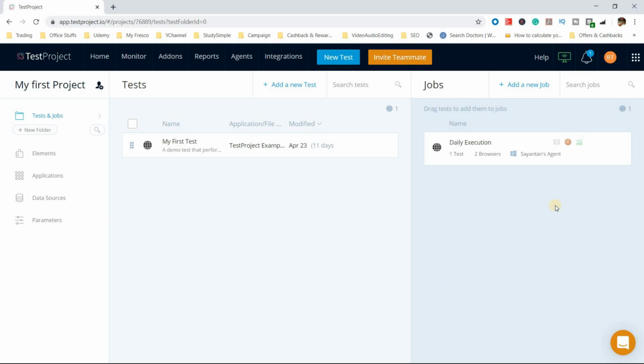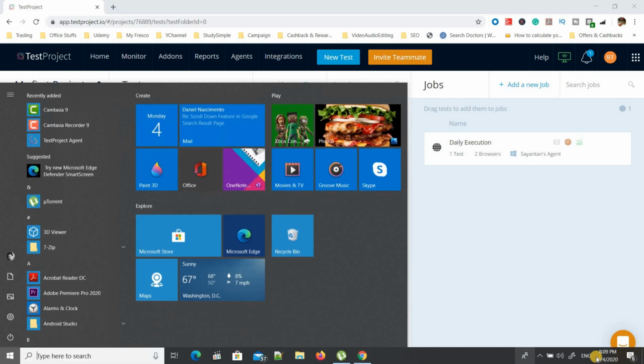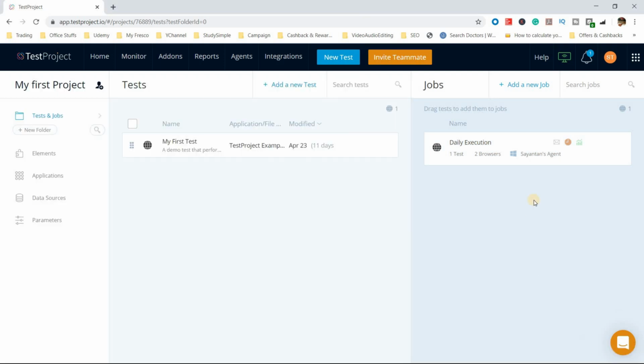Once we are done with the scheduler, we can check here when is the next execution. It is saying that the next execution is at this date at this PM time. Click to change. So we don't want to change at this time. We want the execution to happen at 8:10. We have a couple of minutes, I think. No, 8:09 is already there.